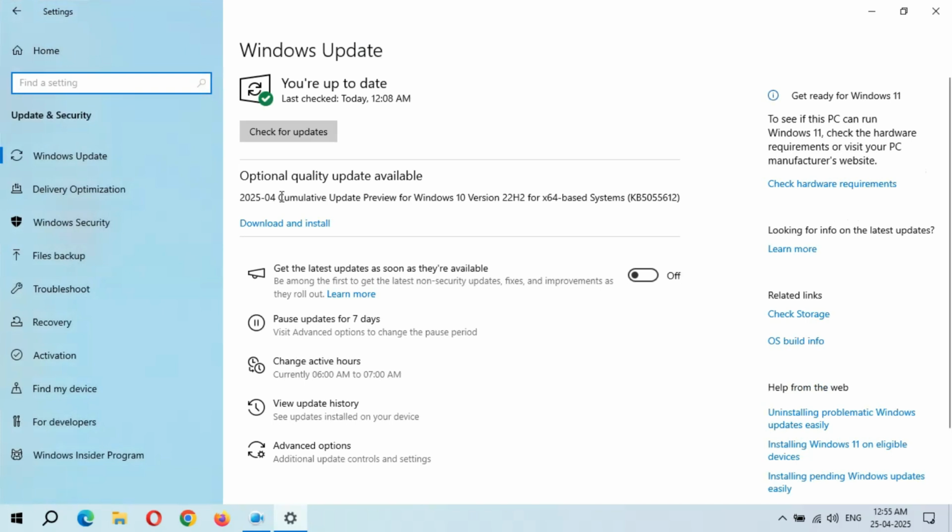you can see optional quality update available: 2025-04 cumulative update preview for Windows 10 version 22H2 for x64-based systems, KB5055612. And guys, if you want to learn more about this update, simply click on learn more